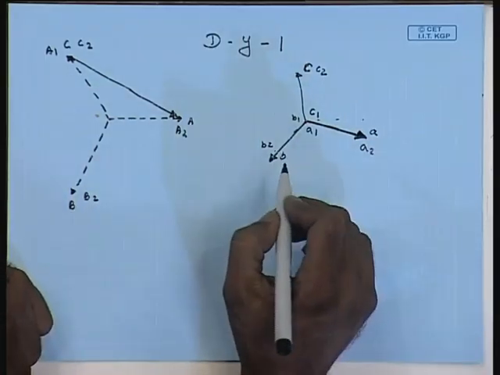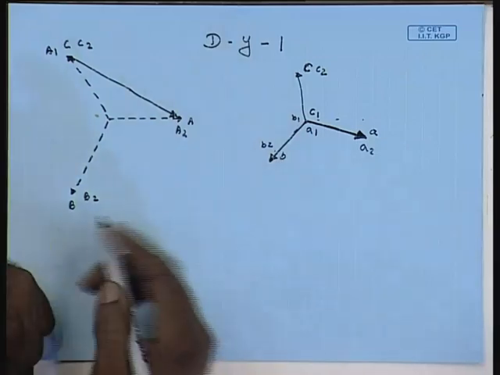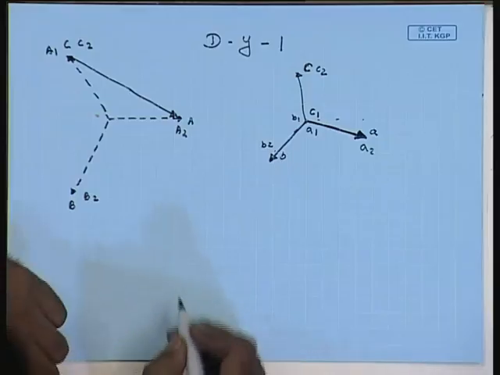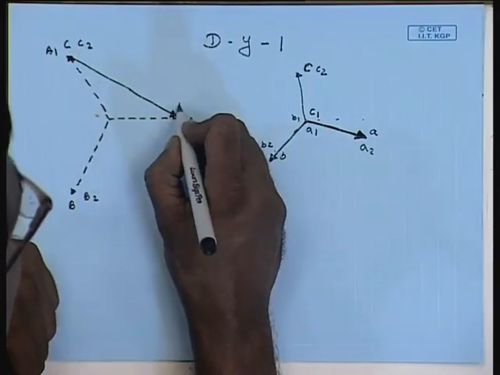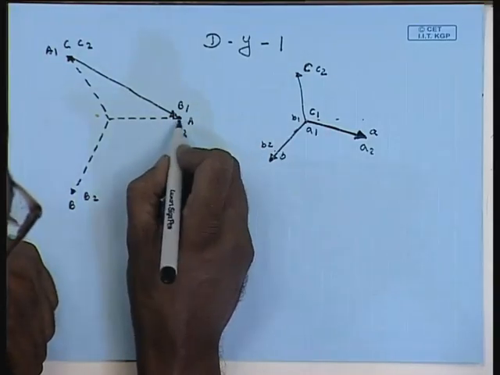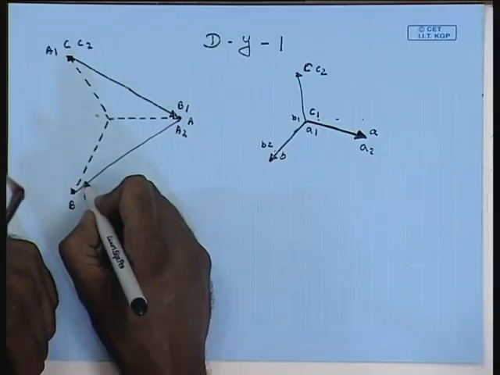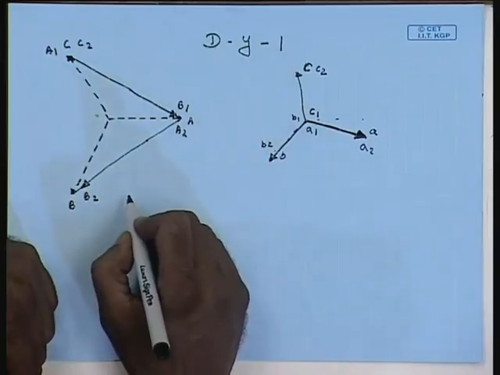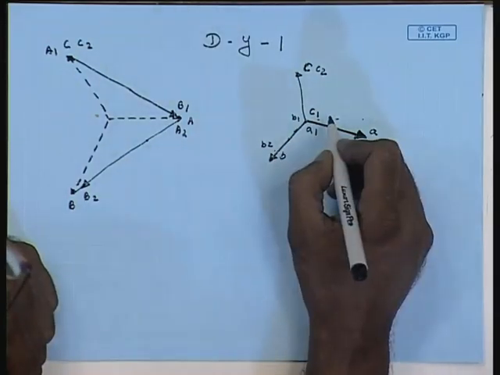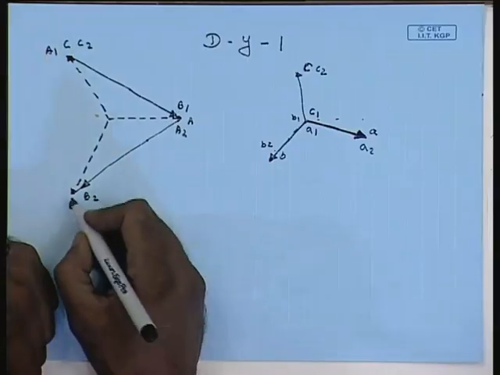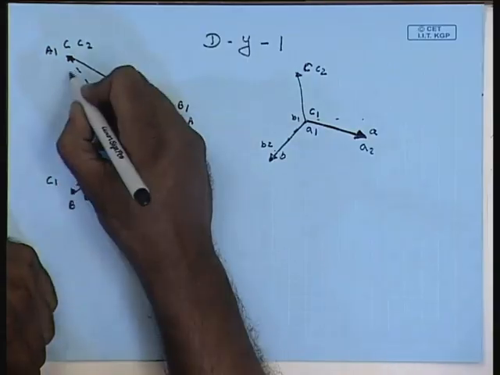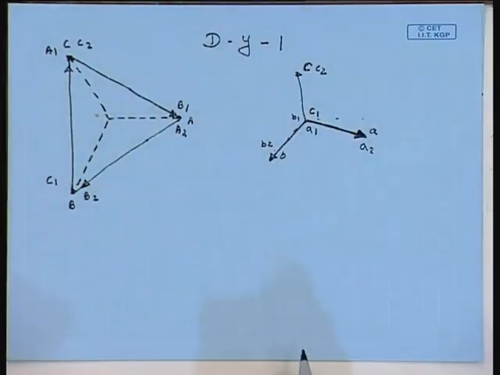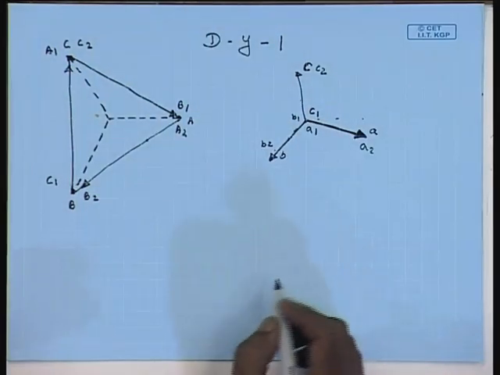Similarly, B1, B2 should be parallel to this voltage, hence this terminal should be B1, so that this voltage phasor is parallel to this, and then this should be C1, so that this voltage phasor is parallel to this. Hence, connection wise it will be